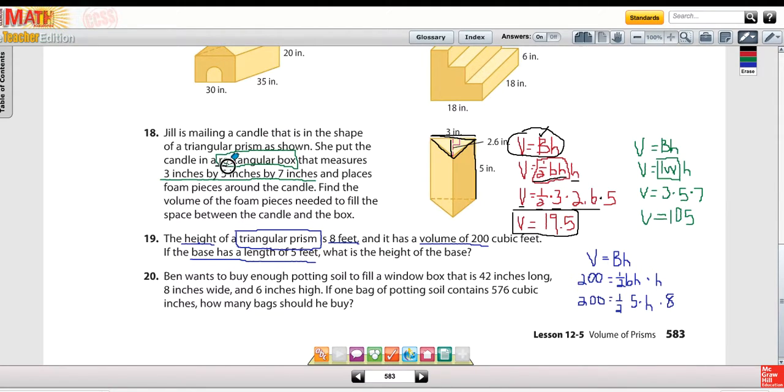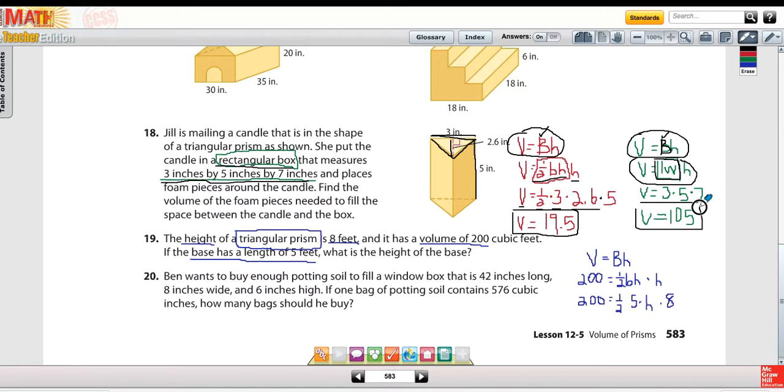For the second part of the problem, we have a rectangular box, and it gives us the measurements of 3 by 5 by 7. So in this case, I also started with V equals capital BH, but that capital B then is going to be the formula for the area of the base. And since we're talking about a rectangle, we're going to use length times width. You might already know that volume equals length times width times height, and that works for all rectangular prisms. But technically the capital BH would be the formula, and then you substitute in whatever that base's area formula is. So in this case, it's just a simple multiplication of 3 times 5 times 7,